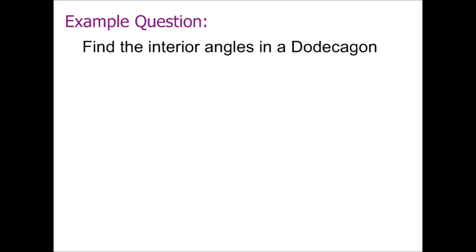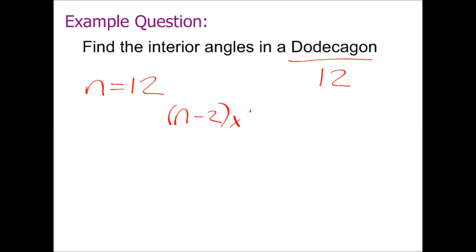Right, so we've got a quick example question to go through. It says here, find the interior angles in a dodecagon. Now this wasn't on our original sheet, but I can let you know that in a dodecagon there are 12 sides. That means we substitute into our formula that n equals 12. Reminding us of the formula, that was n minus 2 times 180 degrees. That gives us 12 minus 2